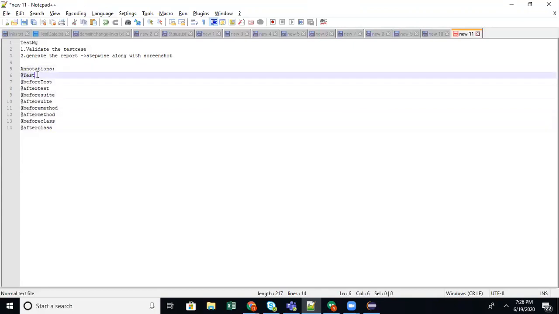Any class, if you create it as a TestNG class, like how a Java class should have a main method, in the same way the annotation @Test should be mandatory for a TestNG class. So how to create a TestNG class? It's a normal Java class only. TestNG is like a plugin to that. So create a normal Java class. Instead of a main method, you will be writing @Test followed by a method name, any method name. When you create it like that, whatever method is annotated with @Test is taken as a test case.